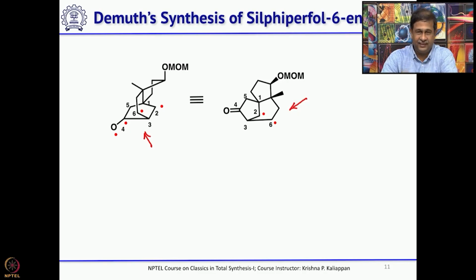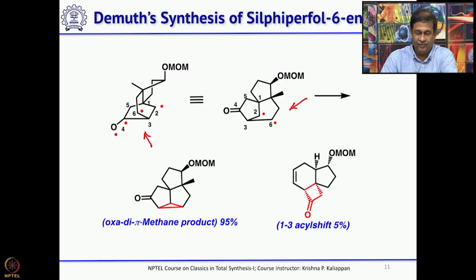Once you write these two radicals, that will form the corresponding cyclopropane. Now, as I said, there is a possibility of forming the 1,3-acyl shift product also. Of course, the yield is only 5% and the main product is the required one, that is the cyclopropane